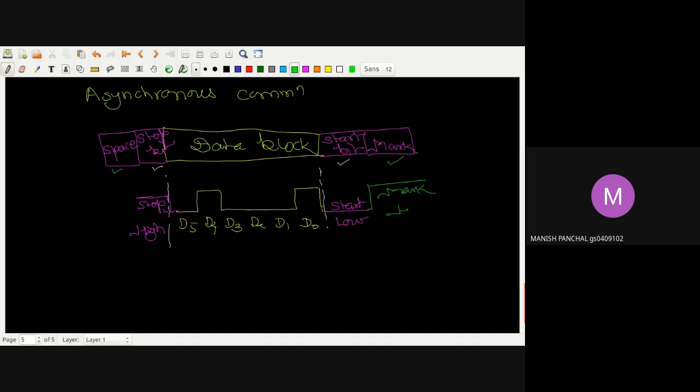मतलब ये आपका हाई है ना। अगर मार्क को हाई बना के रखा है तो ऑब्वियसली आपका जो स्पेस है वो स्पेस कैसा होगा, जस्ट उसका ही रिवर्स होगा, तो वो लो होगा। सो ये आपका स्पेस, सो दिस इज योर स्पेस विच इज लो। अब मैं आपको एग्जांपल बता दूं कि मेरी जो ओरिजिनल इंफॉर्मेशन है वो क्या है, D0 से लेके D5। तो दिस इज माय कंप्लीटली डाटा ब्लॉक।